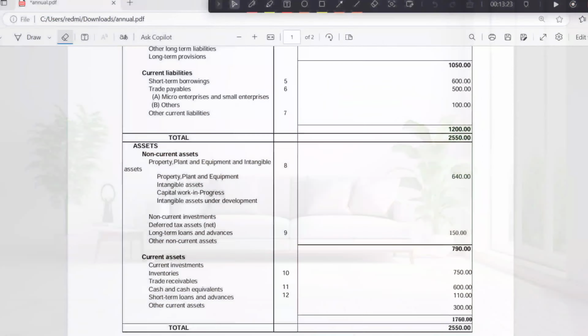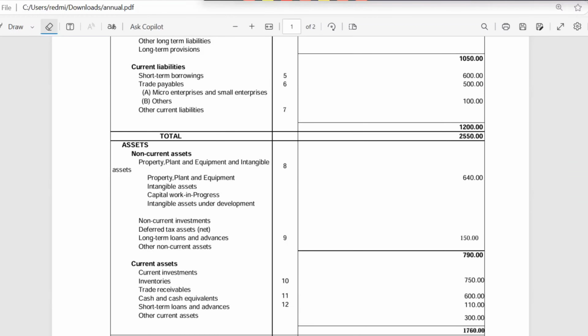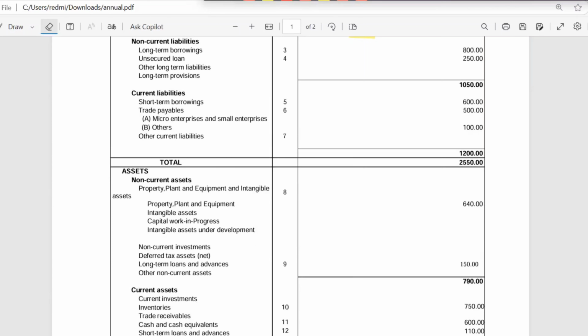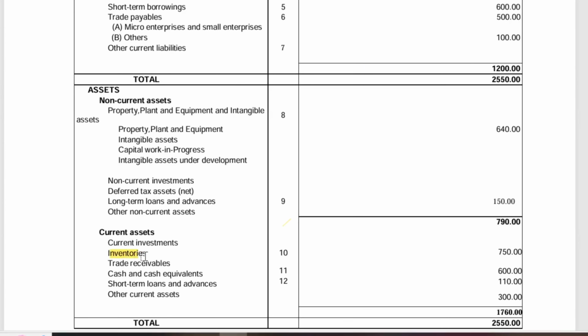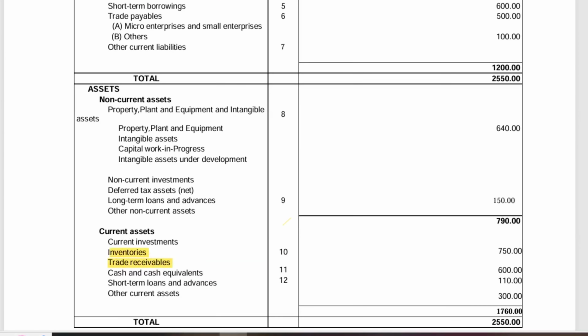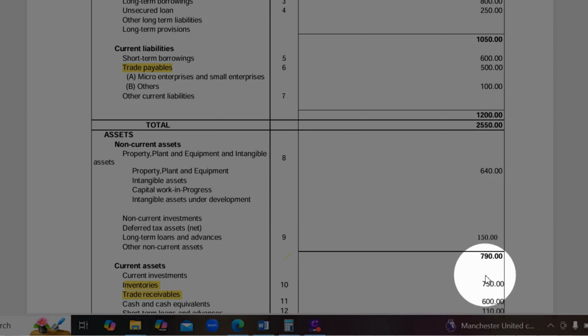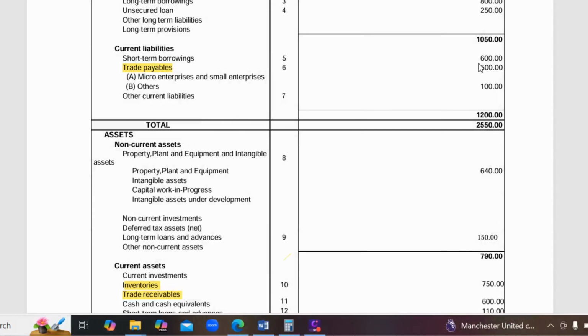So now the last parameter is drawing power. So if the party is approaching you for proposing a CC limit, then you also need to check what the firm's DP is. So to calculate DP you need stock, debtors and creditors. So we have the value of stock, that is 7 crore 50 lakh, and the value of debtor is 6 crore. Considering the age of debtor is 90 days. You can also confirm from the party whether whatever data you are showing in the balance sheet is up to 90 days or not.